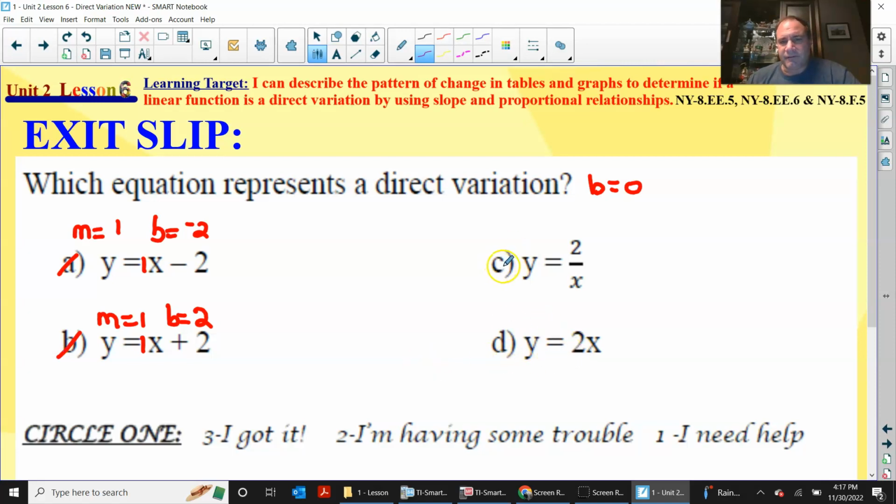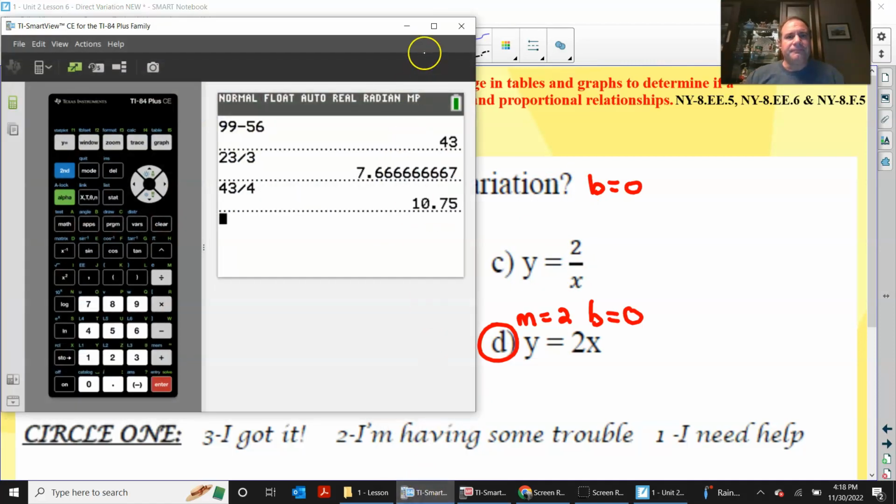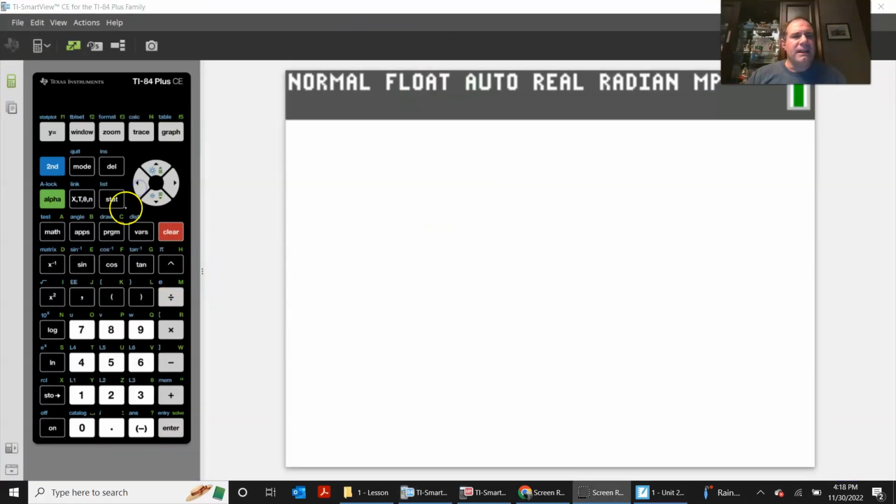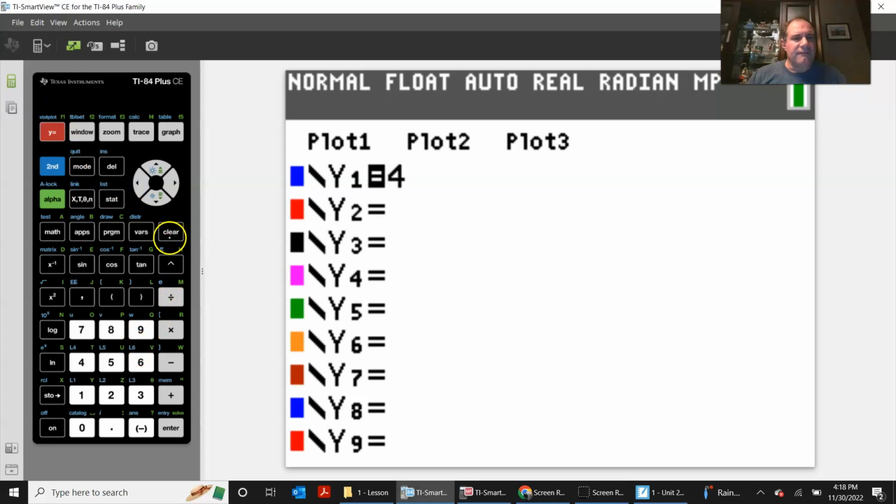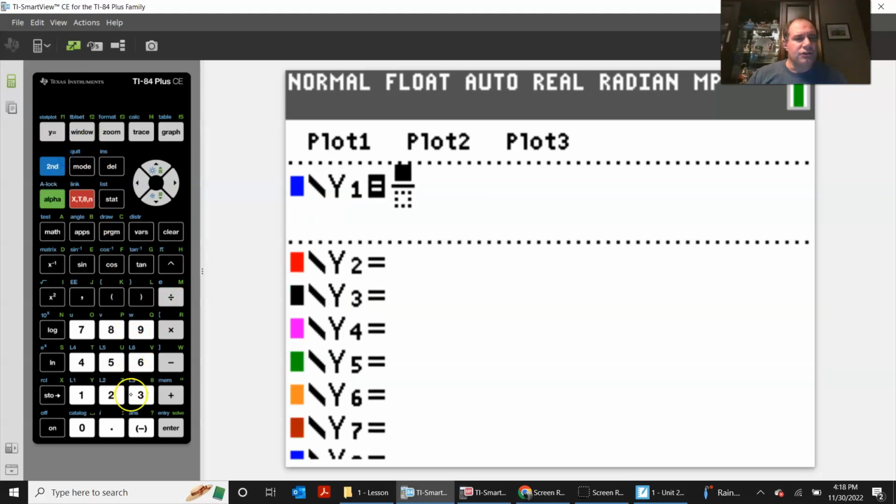D. Skipping C for a second. D. The slope is 2. So far it's linear. The y-intercept, 0. Direct variation, definitely. Now, if you're looking at y equals 2 over x and you're saying, I have no idea what that is, it's because that doesn't even represent a linear function, right? So there is no basic slope here. This is not linear. So if you were taking your calculator and graphing y equals 2 over x,